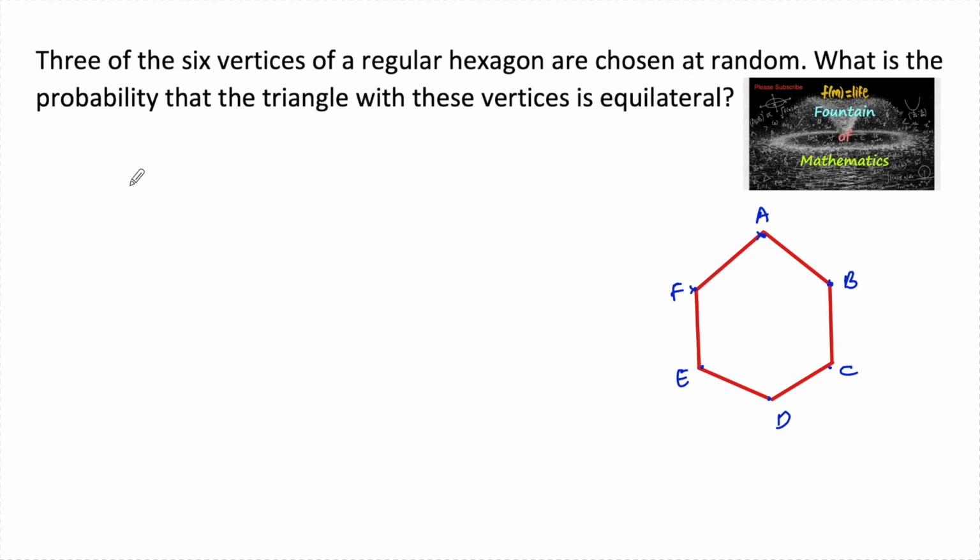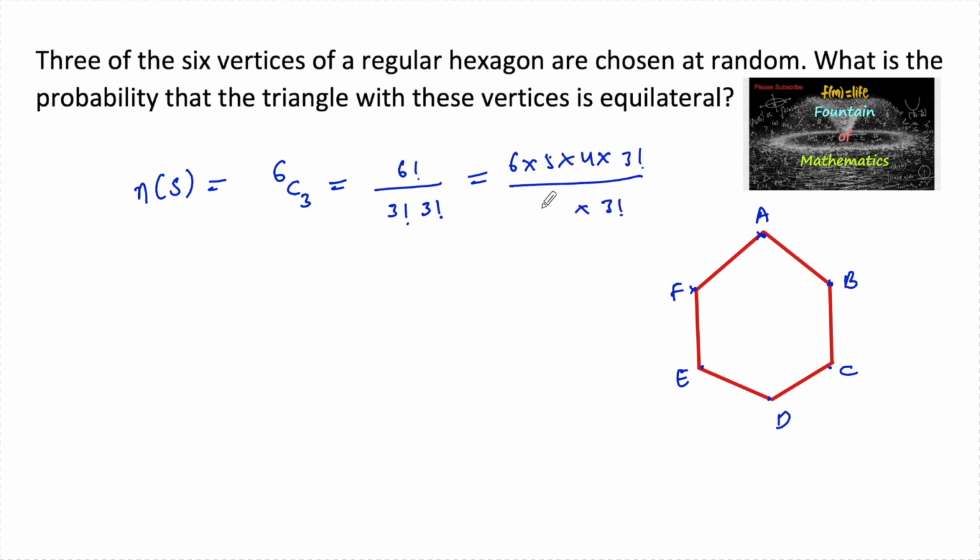So the number of elements in the sample space can be considered. Out of 6 points, 3 points can be selected, that is 6C3, that is 6 factorial upon 3 factorial into 3 factorial, that is 6 into 5 into 4 into 3 factorial divided by 3 factorial, and here 3 factorial is 3 into 2 into 1. So we can cancel, and 3 twos are 6, which is nothing but 20. So 20 triangles will be formed, but among these 20 triangles there are only